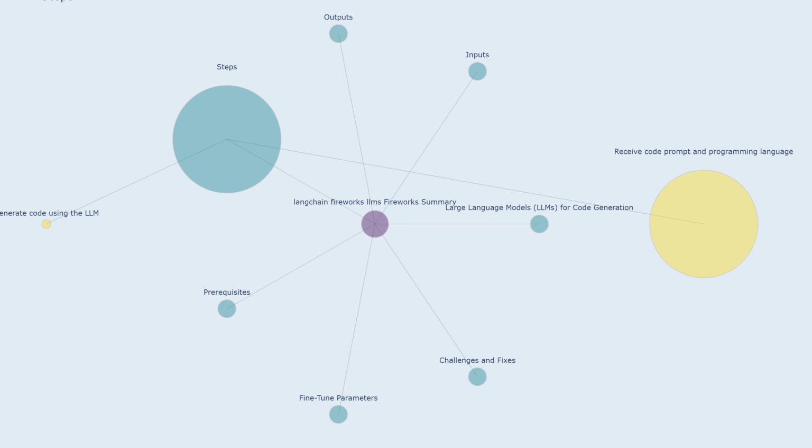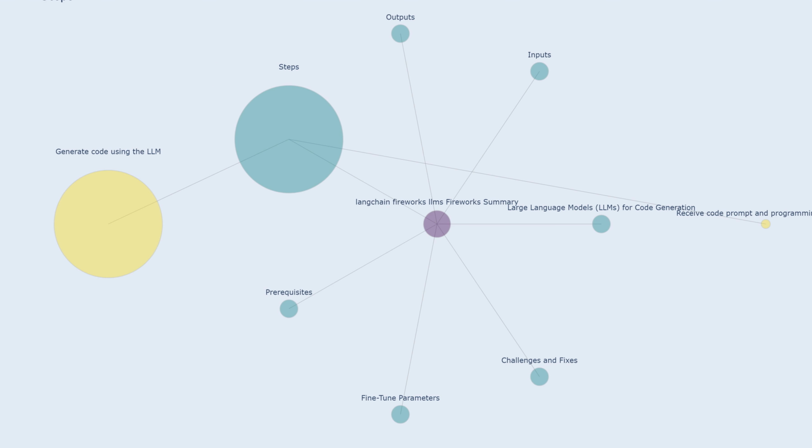Steps. Receive code prompt and programming language. The LLM receives the input from the user, which consists of the code prompt describing the task and the desired programming language. Generate code using the LLM. The LLM processes the input and uses its trained knowledge to generate the corresponding code. It considers the syntax and semantics of the chosen programming language and ensures the generated code aligns with the provided